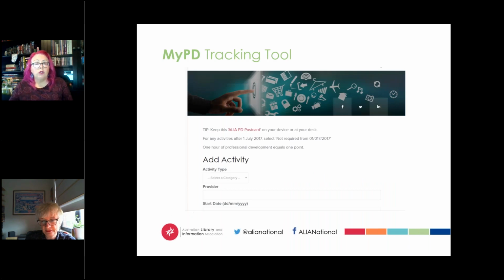We mentioned PD tools earlier, and the main tool associated with the PD scheme is called My PD Tracking Tool. You can use any platform you like to record your PD. You might prefer to use a Word document, a spreadsheet, you might have a workplace system. However, we highly recommend using the My PD Tracking Tool because it's a platform that can travel with you when you move jobs, and it keeps a tidy record over time that is directly linked to your ALIA PD scheme framework and goals. You can find the tracking tool in the members section of the ALIA website under the resources